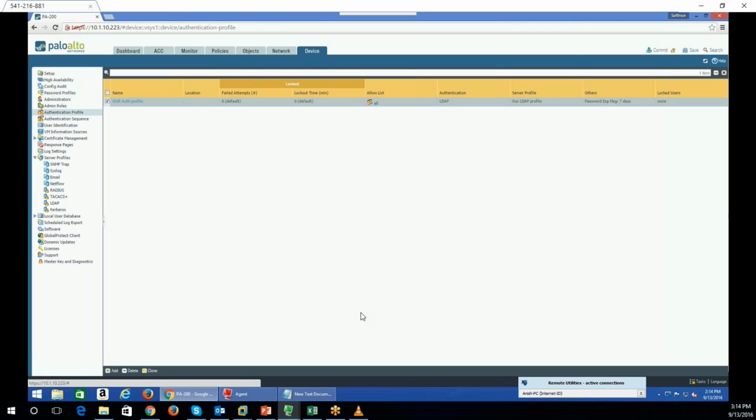Okay. So this is the way you can create any LDAP profile or any authentication profiles. Okay, so understood this, guys? Everyone? Yes. Good. But to create any kind of profiles, server profiles, you need to have